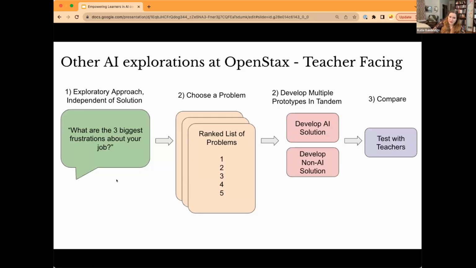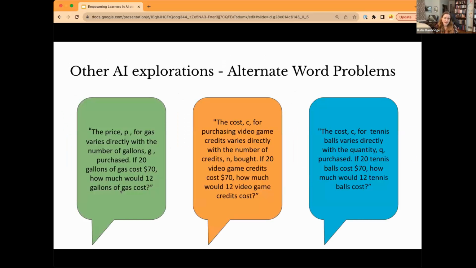We're doing some other things with AI at OpenStax in the K-12 space. And right now we have this exploration around teacher-facing tools that AI could potentially help with. This is nascent, early stages. And we're comparing an AI solution to a more low-tech solution to see if AI is really adding anything to this conversation or if we're just using a hammer because it's there. But if you want to know more about this, I'd be happy to talk about this via chat in the Whova app.